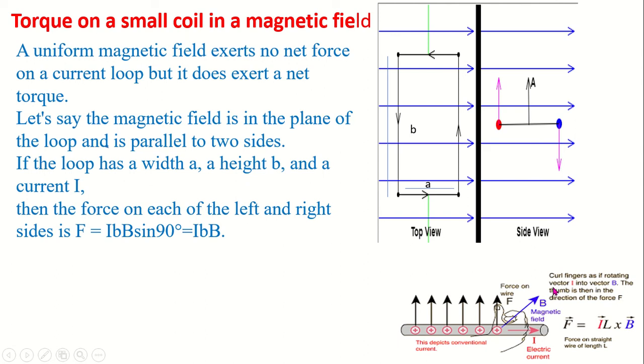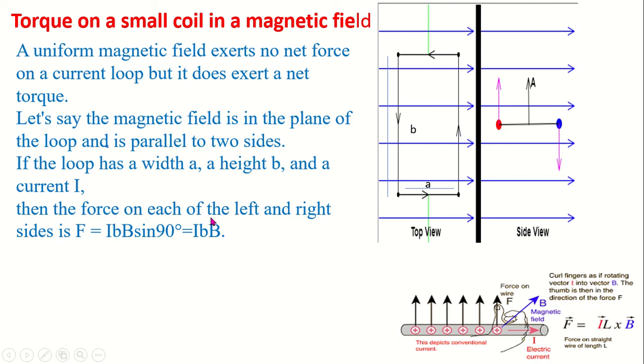And from this formula you got F equal to IL cross B, that means ILB sin theta. So if theta is 90 degree, then sin 90 degree equals 1, but if theta equals 0 degree or 180 degree, then that will be 0. For that reason, on this arm and on this arm there will be no force experienced, but at the left arm and on the right arm we will see force can be exerted. So let's calculate that force.